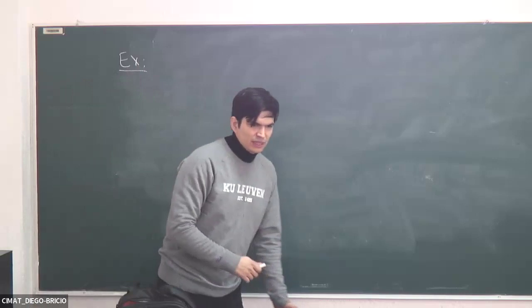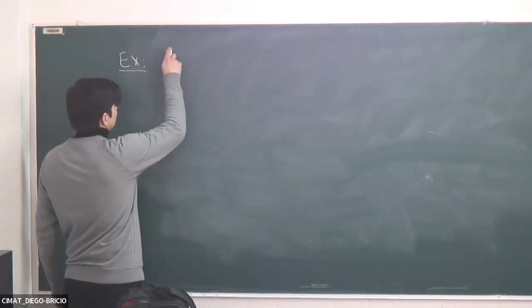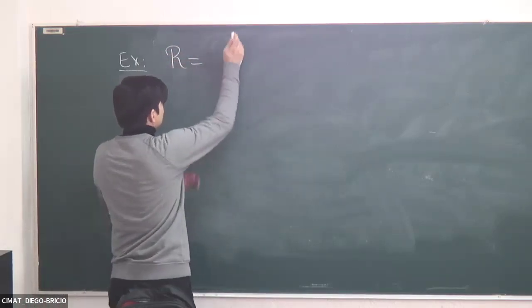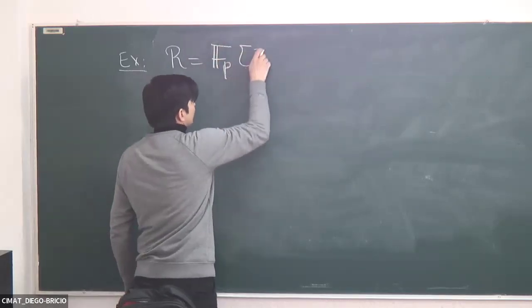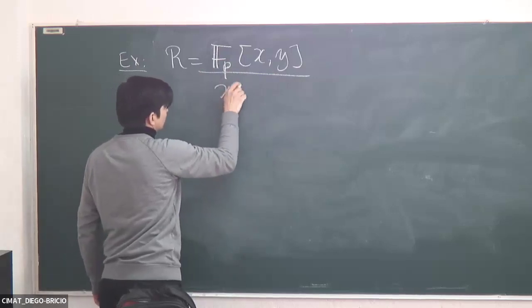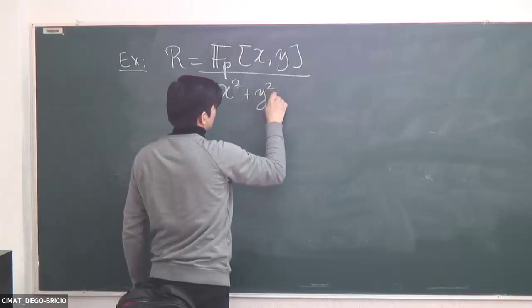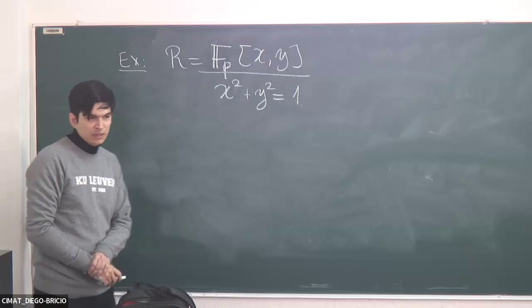I forgot what it is. I think it's exercise 3.16. I changed it, so now it should make sense. So it was this ring. Let's say F_p. It's just a circle. Sorry. So it's just a circle over F_p, and